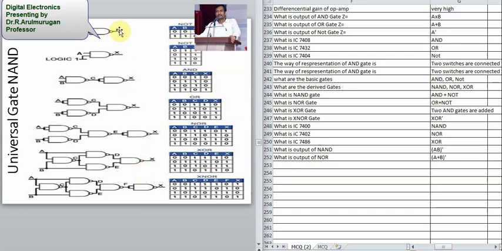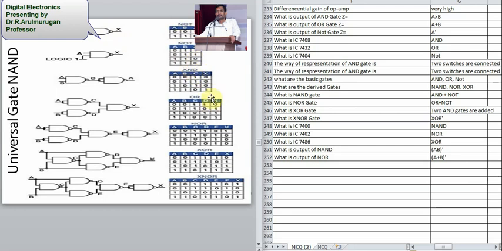So this is the output. A and B are the two input terminals, giving the input and producing the output. One input, one output. If it is 0 0, or 1 1, it is common. The output is the bar of the product: 0 into 0 is 0, bar means opposite. 1 into 1 is 1, and its bar is 0. So this is how we derive the NOT gate.